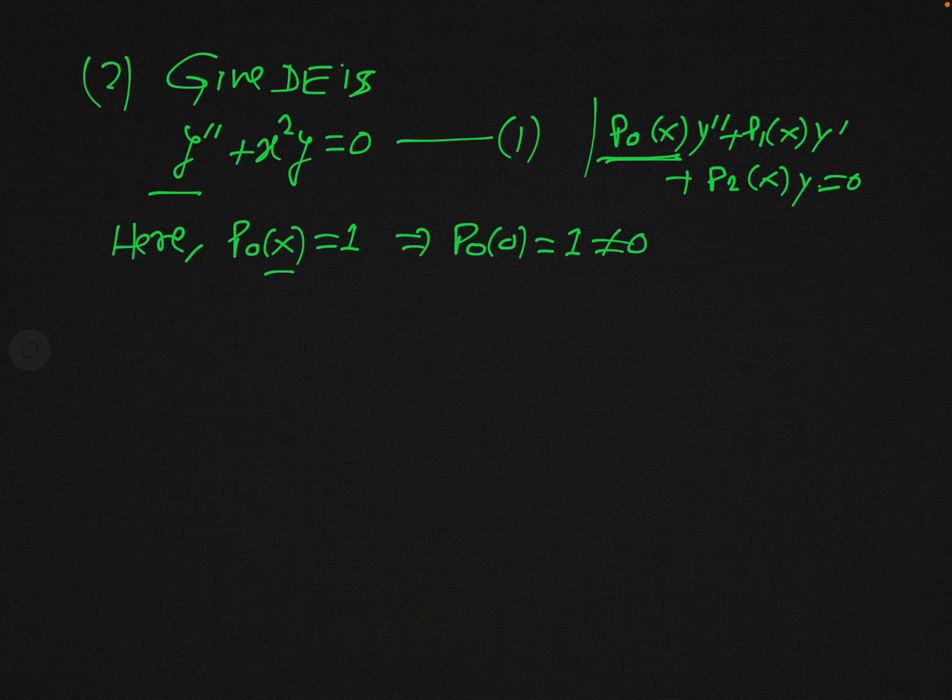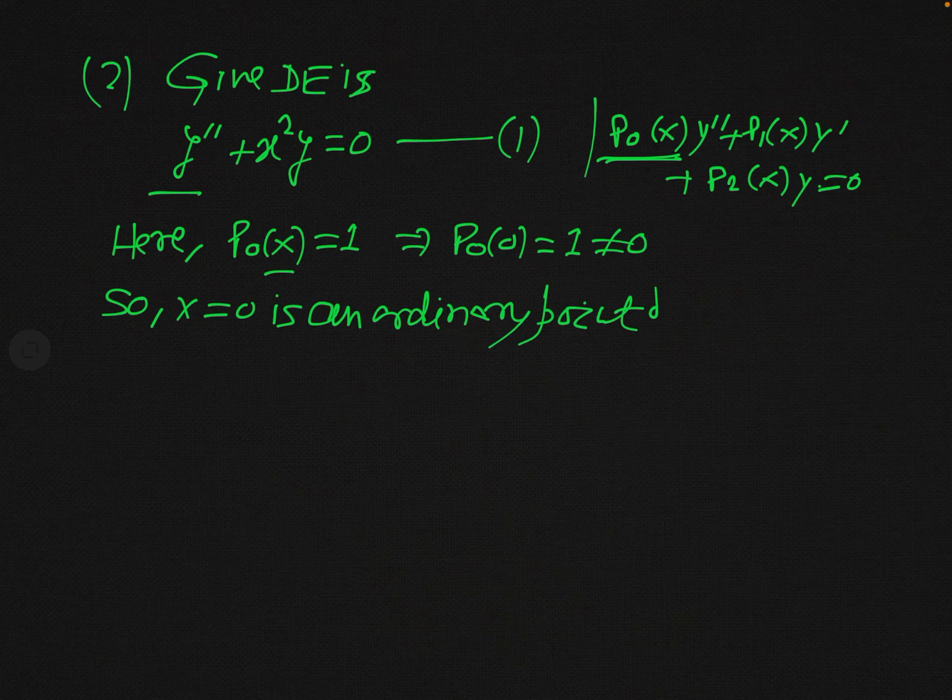So we can say that x equal to 0 is an ordinary point of this given equation 1. And if x equal to 0 is its ordinary point, then you know the solution of this equation